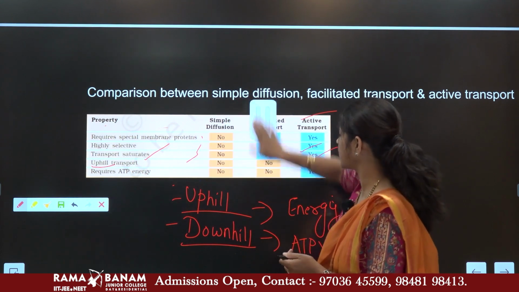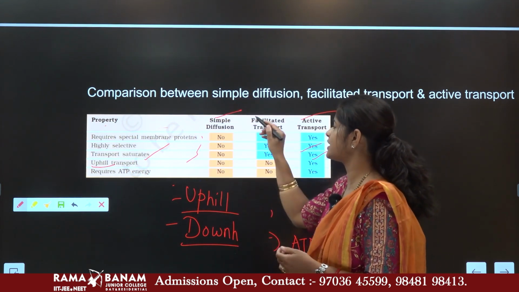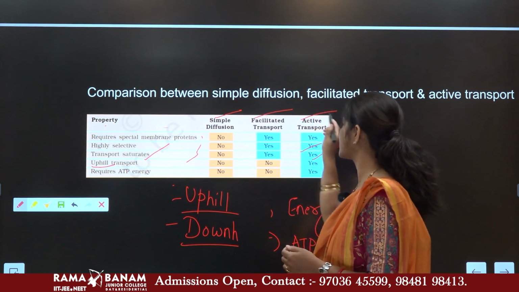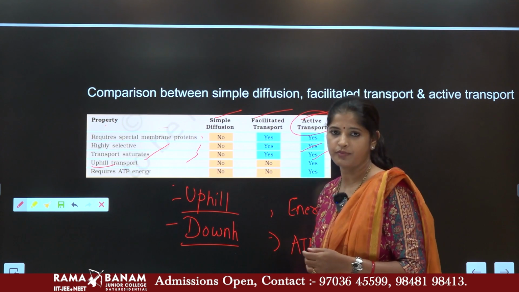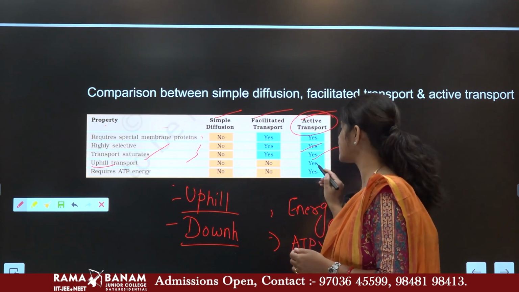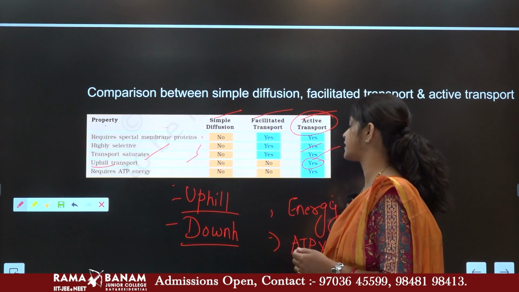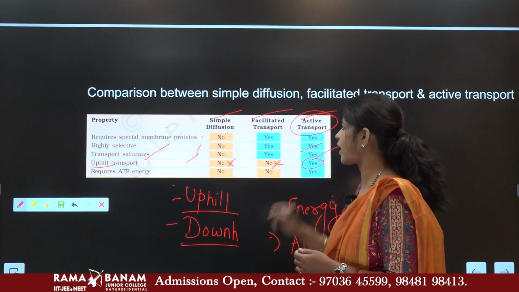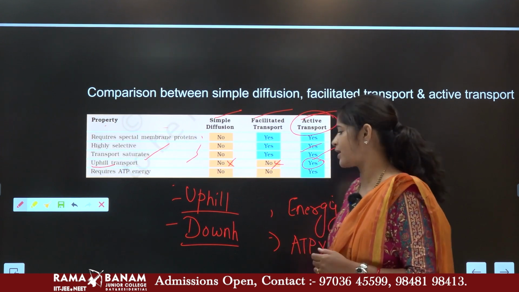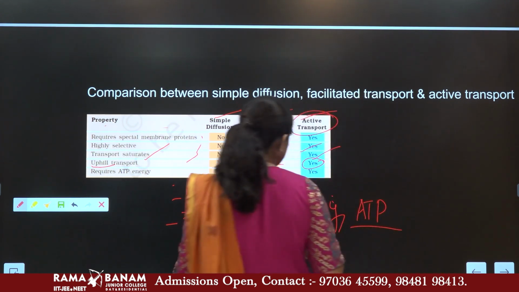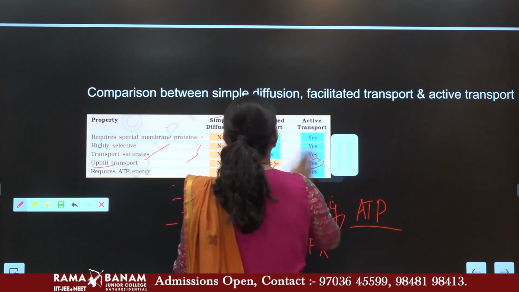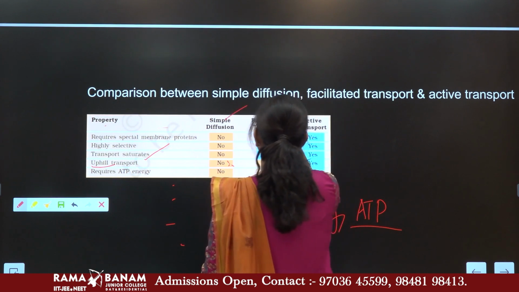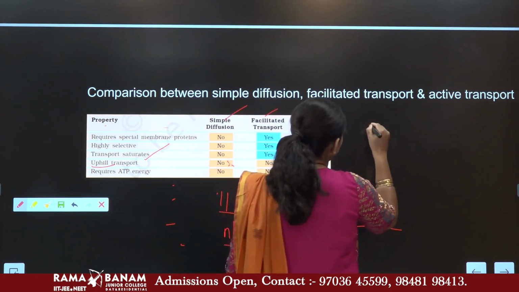Okay. So, uphill transport is not applicable to simple diffusion. It is not applicable to the facilitated transport. It is only applicable to the active transport. Only energy is required for whom? For the active transport. It is not required for simple diffusion, not required for the facilitated. Why? What is the reason behind this, that energy is not required for diffusion and for the facilitated? Because students, simple diffusion as well as the facilitated both occur